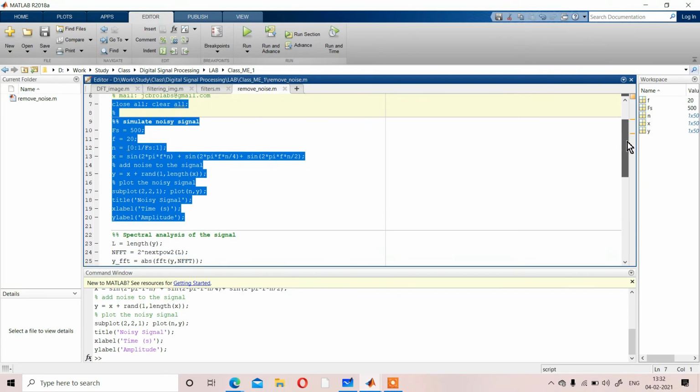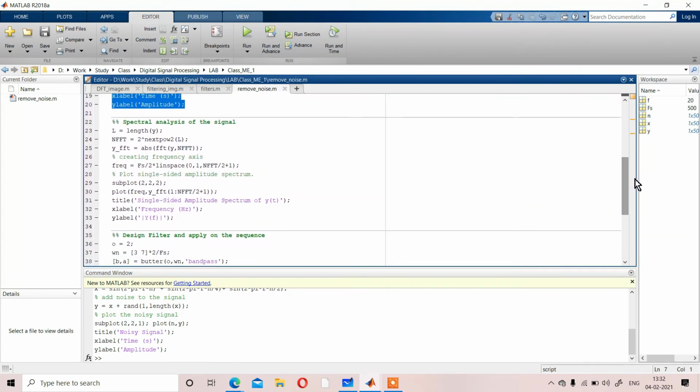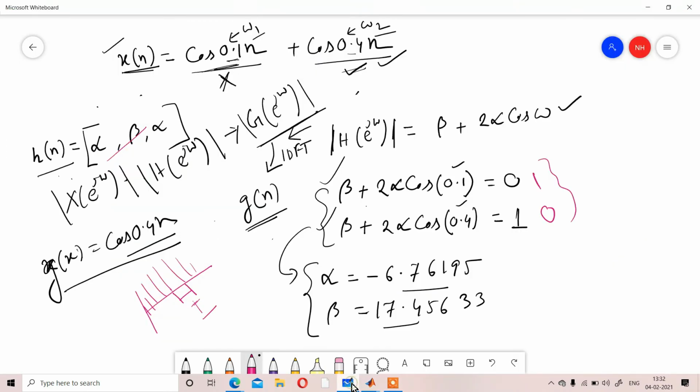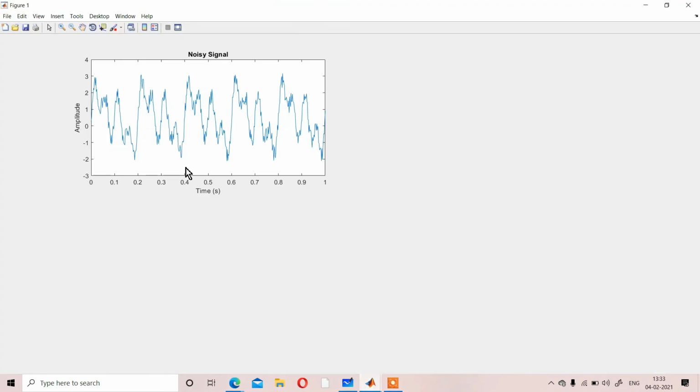So for that, as I have told you, we need to do the spectral analysis of the signal. The signal is given in the time domain, or the sample domain, whatever you can say. So first you have to represent that signal in the frequency domain, and you have to show the amplitude or the magnitude of the signal in the frequency domain. As H of e to the power j omega, I have told you, to calculate or design that part, first you have to design the amplitude of that signal.